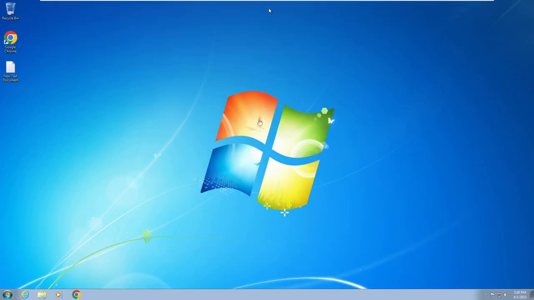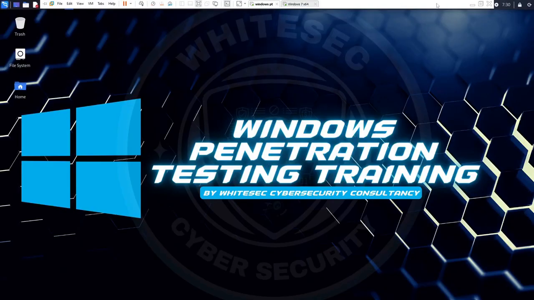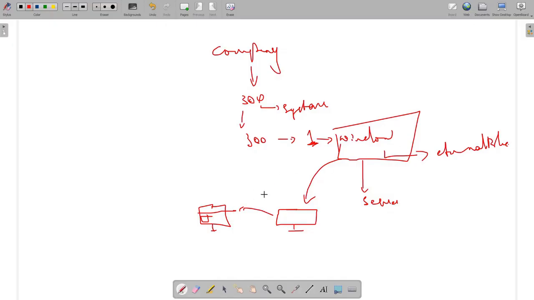Simple, by visiting my local Kali Linux IP address. Simple, they use it like that, okay, for file transfer or something like that. But let me tell you, in every company, I am talking about internal servers,